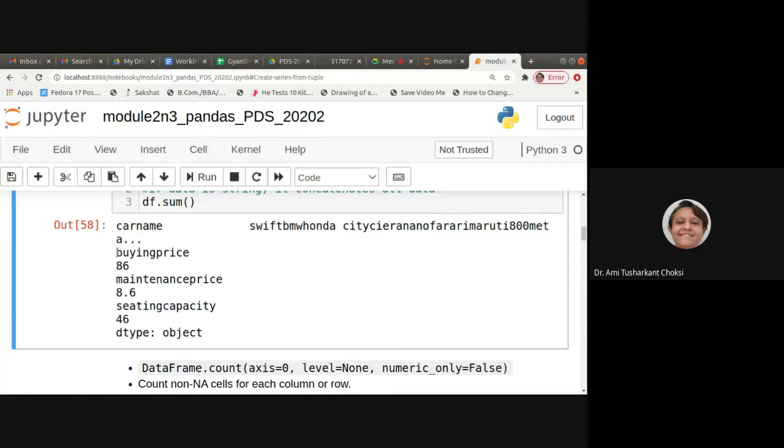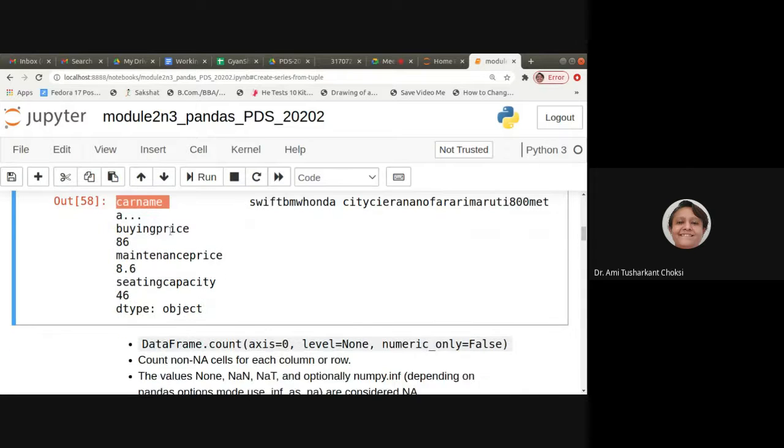For buying price, the total, that is the sum, is 86. For maintenance price also, it is numeric, so it is summation. For sitting capacity also, it is the summation. But for car name, as it is string, it is the concatenation.